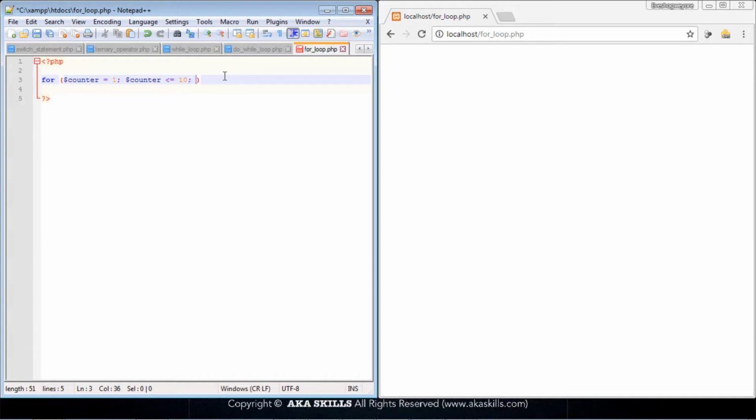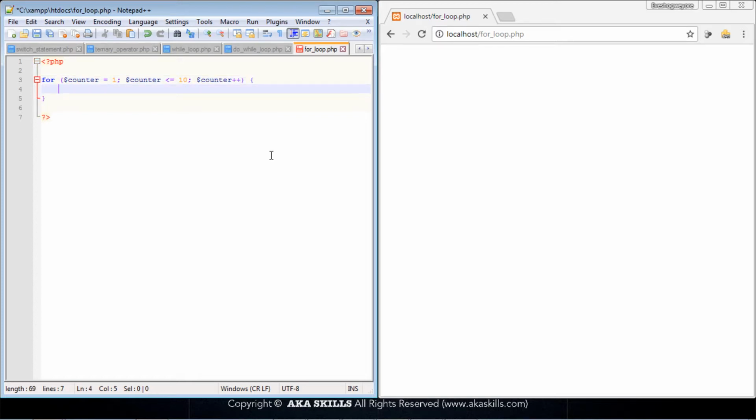Now what will follow will be our modification expression. Sometimes you might say the ending point. So at this point, what will be our modification expression? This will be simply that counter plus plus. So we simply want to say to modify the value for counter, increase it by 1. So these are the three parameters that are expected of us in the for loop: the start point, the condition, and the modification expression. Now once this is done with, we can now introduce our curly bracket where we can